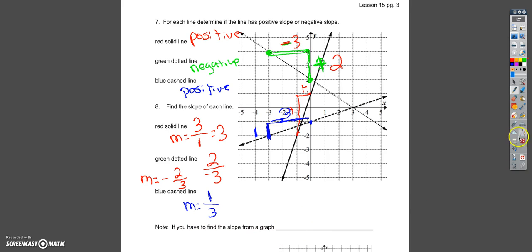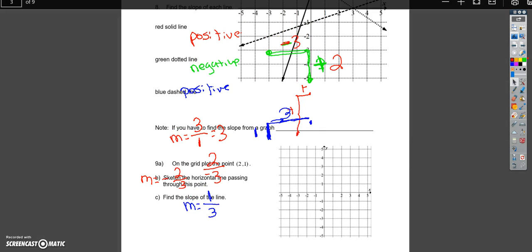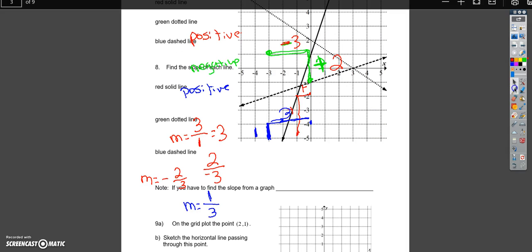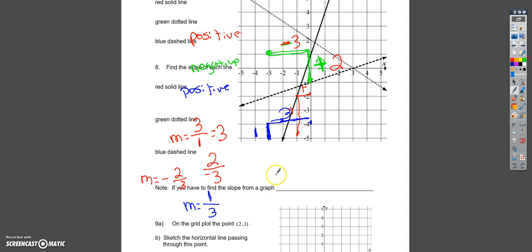So if you have to find a slope from a graph, pick 2 good points, draw a triangle